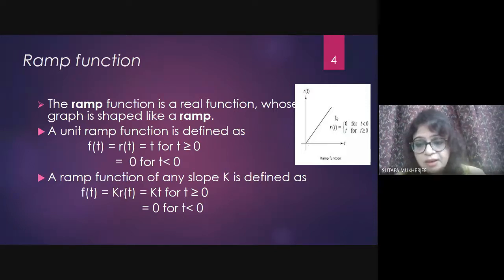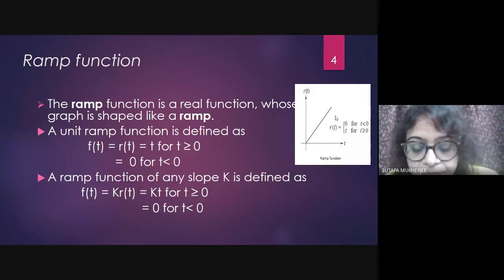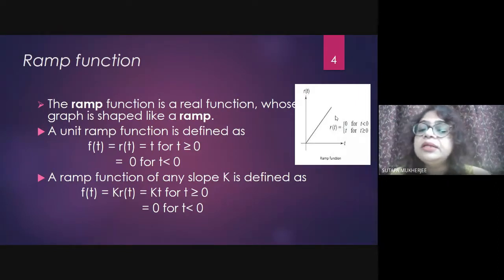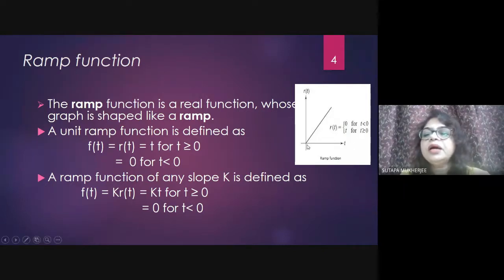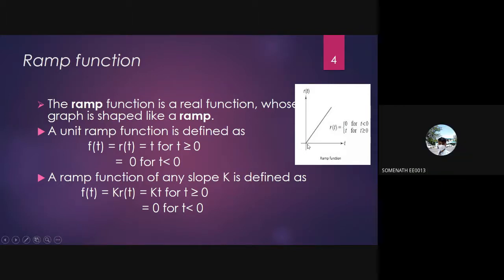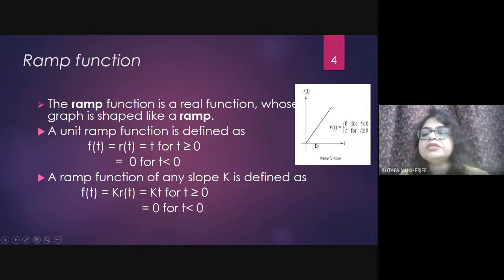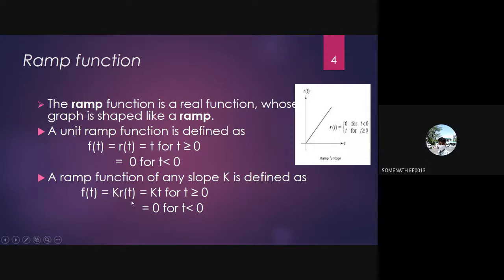Now from this curve, can you tell me how you can explain the shifted ramp function or delayed ramp function? Anybody else? Ma'am, if the graph starts after a time t, then it will be a delayed one. Yes. So what you have told, the graph here starts from where? Origin, t equal to 0. So if the graph starts from some other value of t, then it will be a shifted ramp. So what will be the change in the equation here? Ma'am, t minus a, or t minus T if we take this as the delay time. Very good.